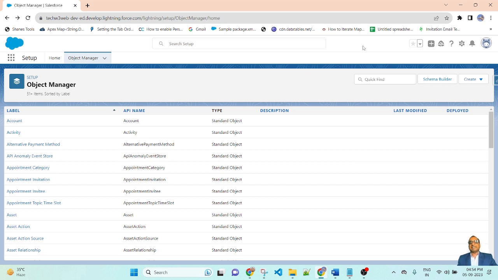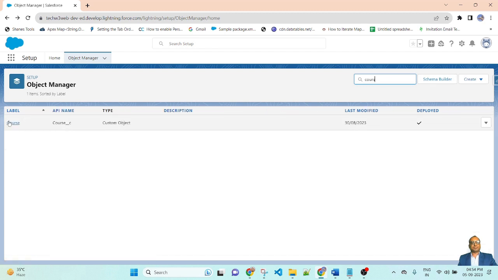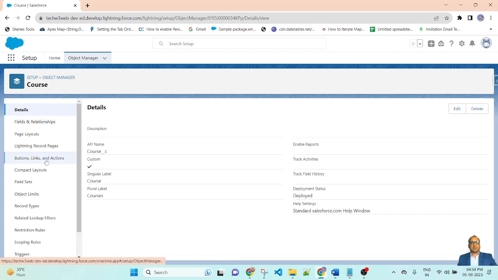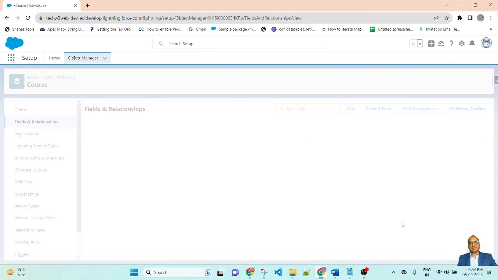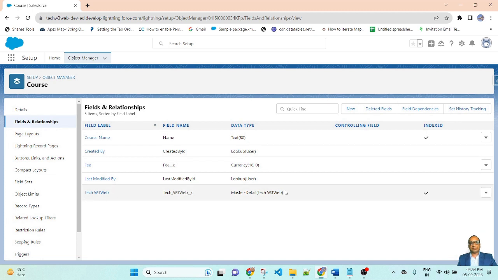So first let me check the Course. This is the custom object Course. Go to the fields and relationships, and here you can find the master-detail TechW3Wave. In brackets, TechW3Wave is the parent object and this is a master-detail relationship.